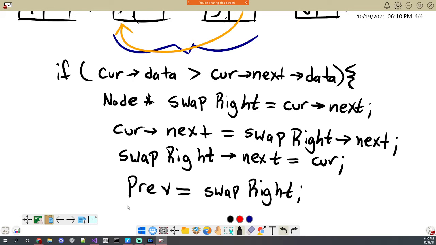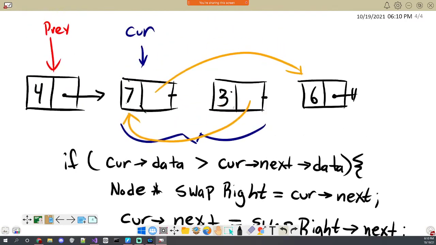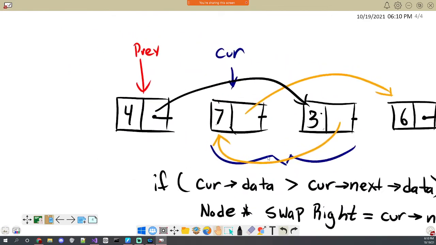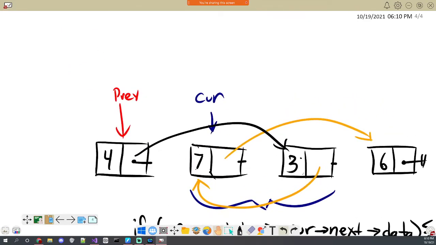I think that should be everything. You might be able to do this without 3 variables, but I'm just going to do it that way to be safe. And so we need to make this point to here. And again, this looks really super messy, but if we untangle this a little bit, then what we get is